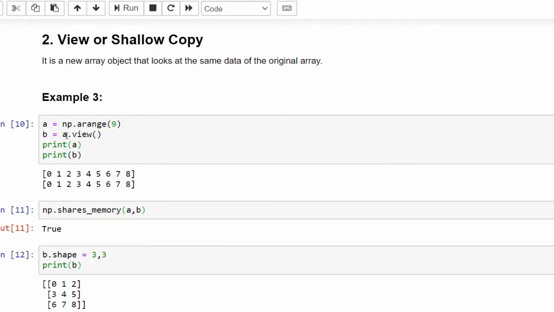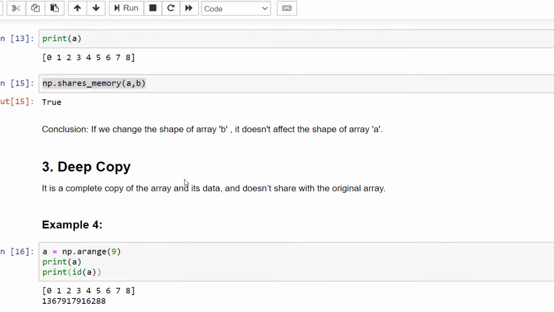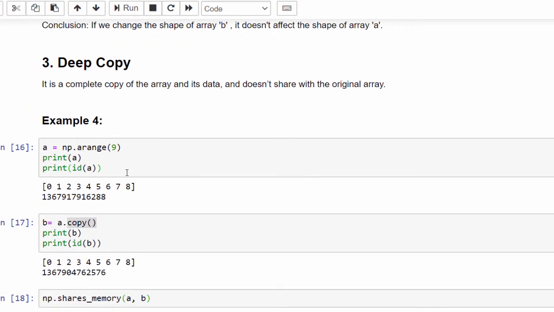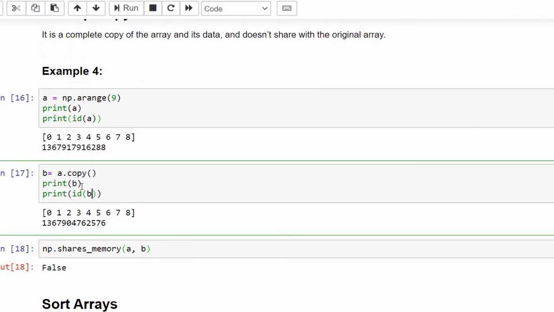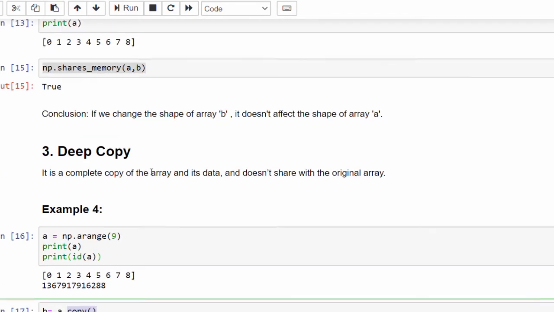Then using the view method, when you want to make some changes in the secondary array without affecting the primary array, view will be more useful, but still it uses the same memory allocation. In the third type, you want to create a new copy of an array with different memory allocation. At that time you can use the copy method. Hope you got a clear picture on how to use copy.